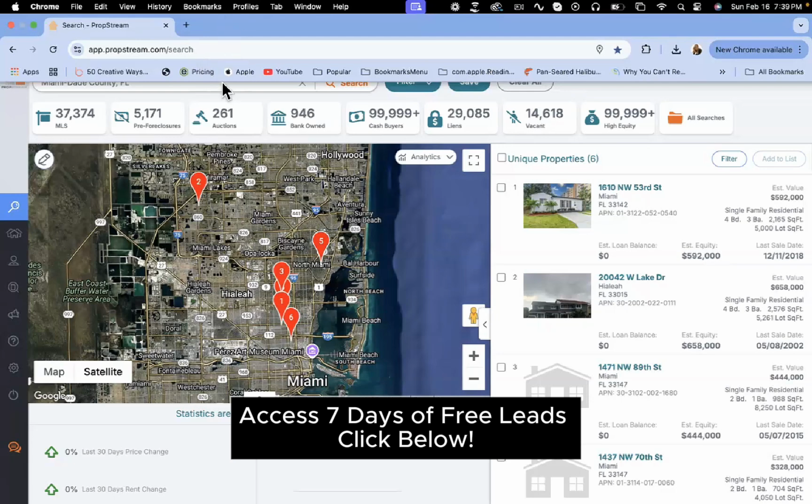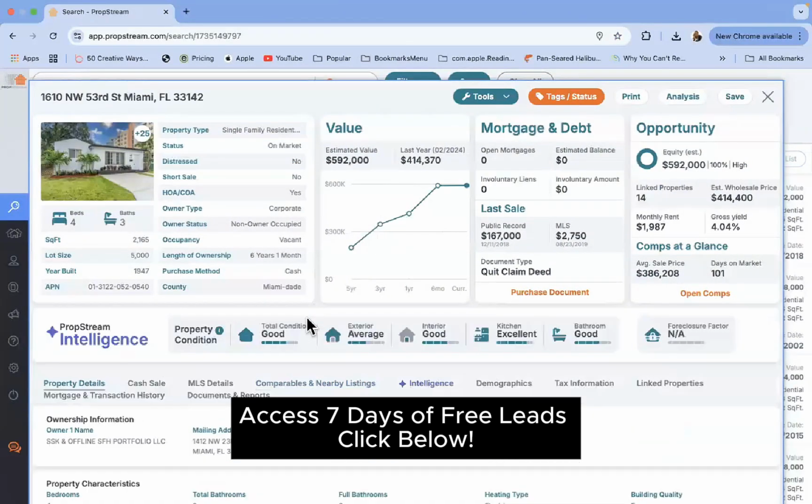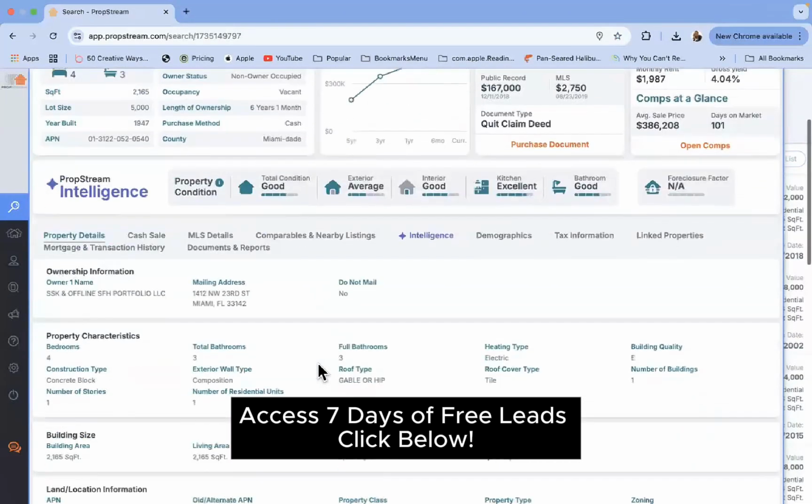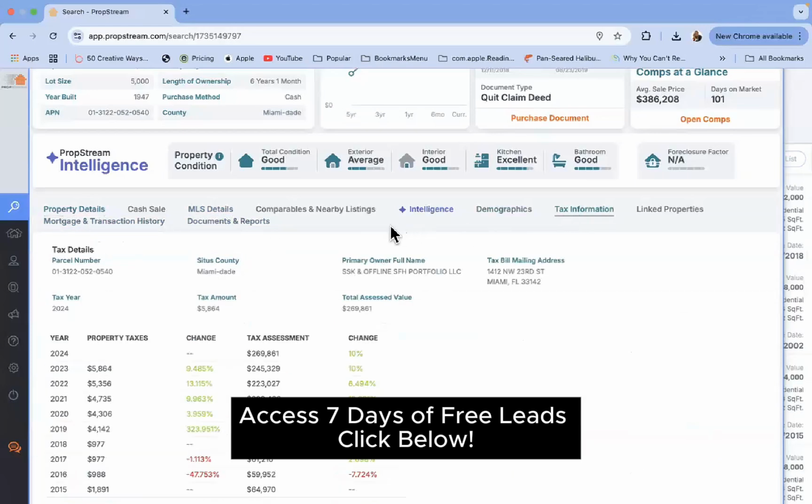So when you're looking for properties, sometimes you're going to come across properties that are LLCs. They're businesses, they're owned by businesses. And in order to find out who those owners are, you're going to have to do some research. So once you go to property details, owner information is always here, but you can also find owner information under tax information. And so you take that owner's